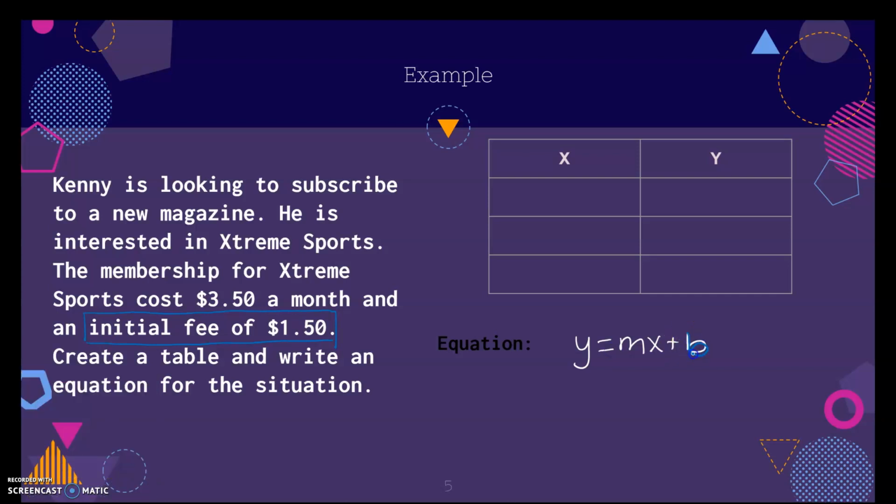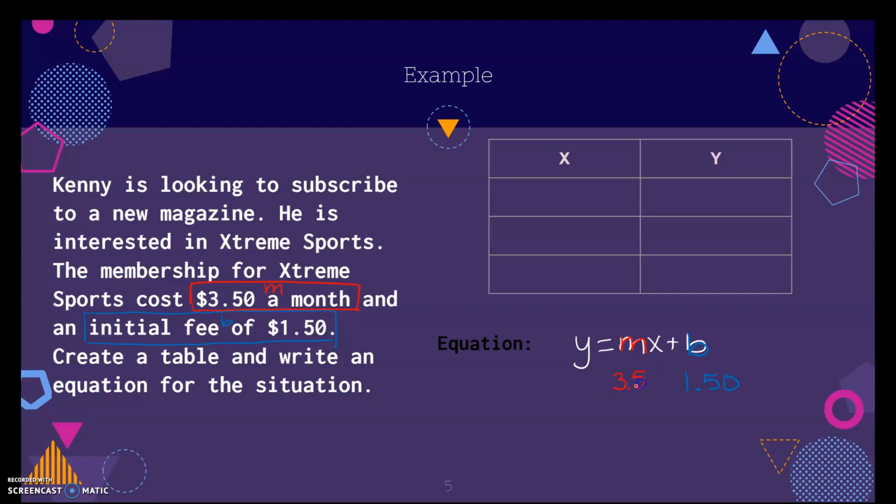So one time I have to spend $1.50. And then it says extreme sports costs $3.50 a month. So a month is like per month. Okay, so that means every month I have to spend $3.50. So this is going to be my m because it's being multiplied. This was my b. Okay, so my m